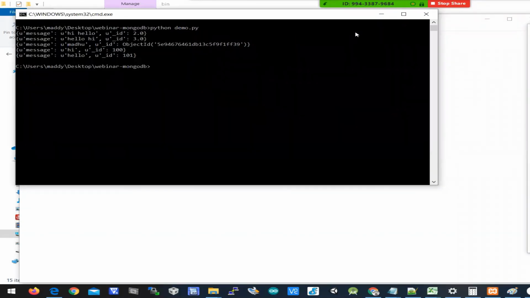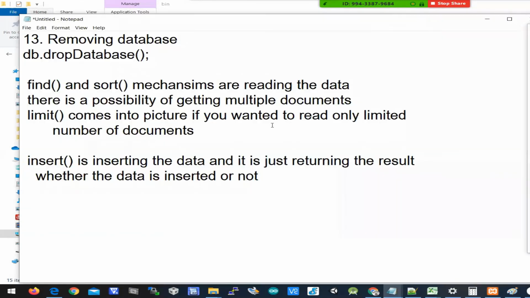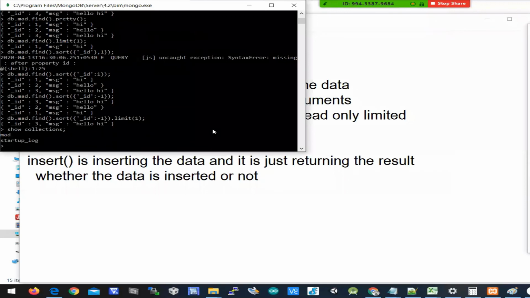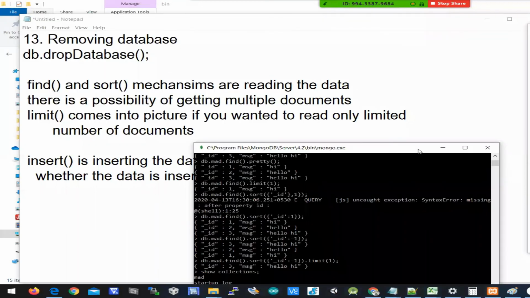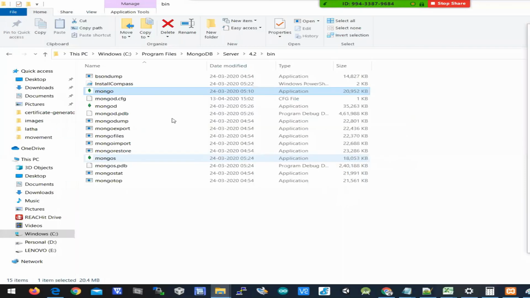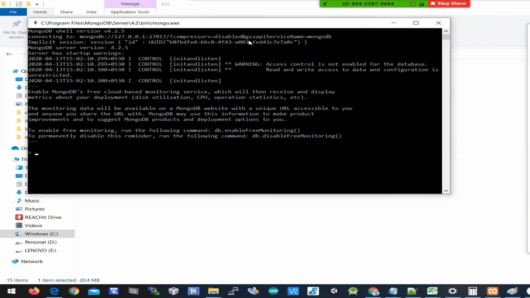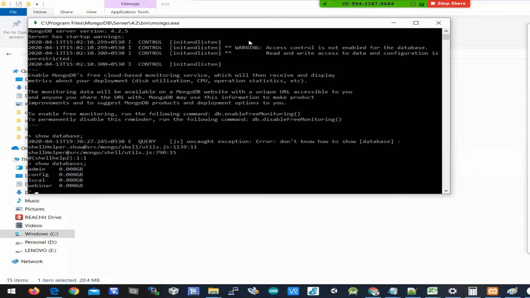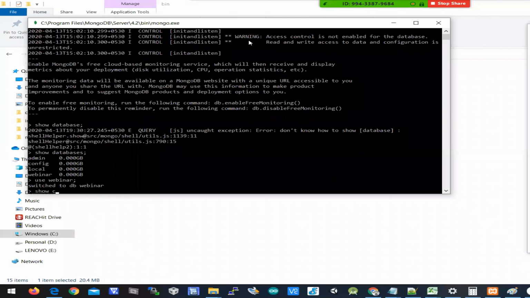Someone is asking, please show us how to insert multiple documents through the MongoDB shell. So I'll try to insert. use webinar, show collections.